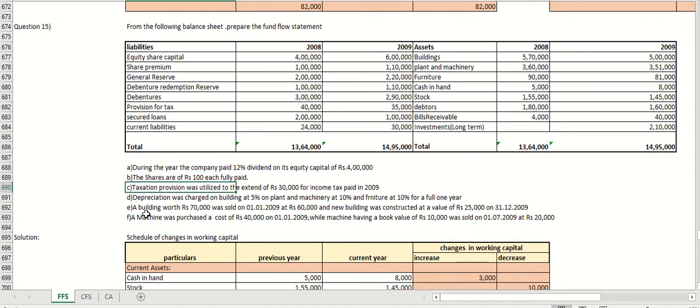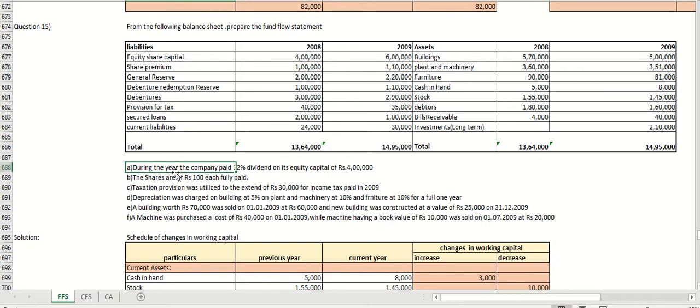If there are a lot of adjustments, what one can do is first go through the adjustments, then come back to the balance sheet, so that you will get to know how to put each item into which particular statement. Our first adjustment tells that during the year the company paid 12% dividend on its equity